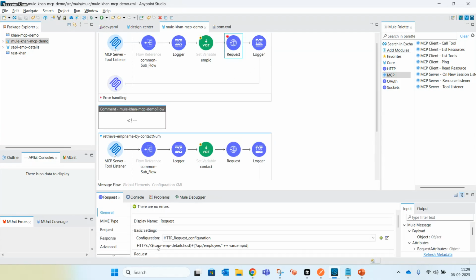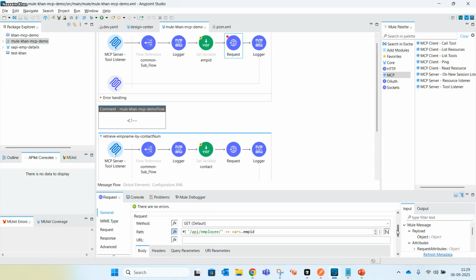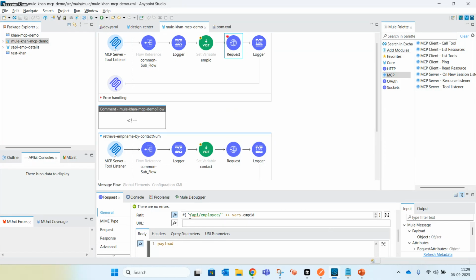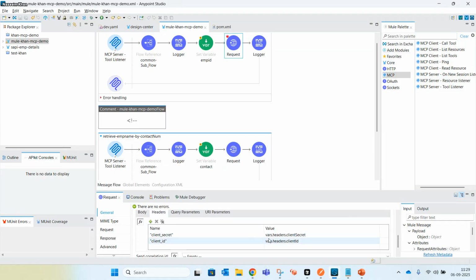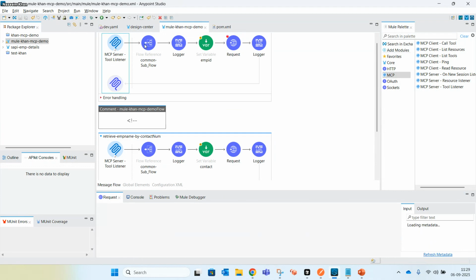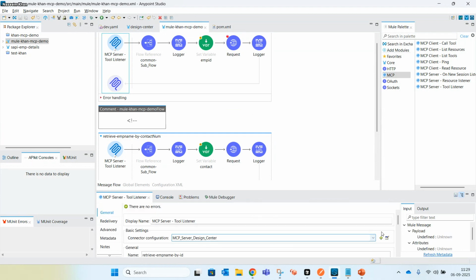So this is nothing but my SAPI employee details, which has been deployed to CloudHub. This is the request configuration, and the endpoint is where I am using this employee ID, and for this it is contact number. And in the headers I am passing this client ID secret, which has been received from the agent.